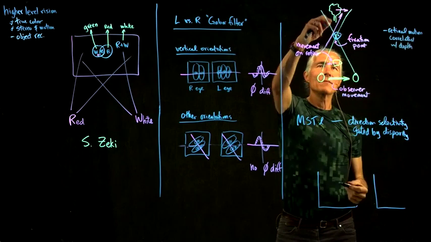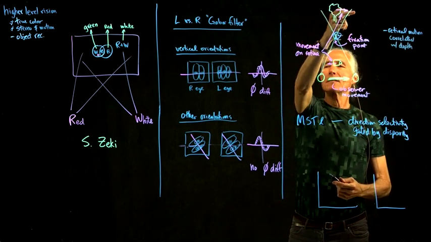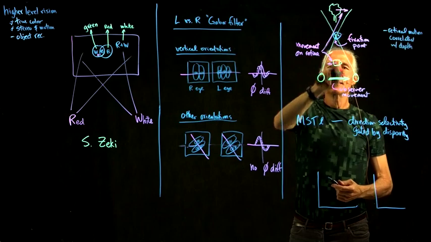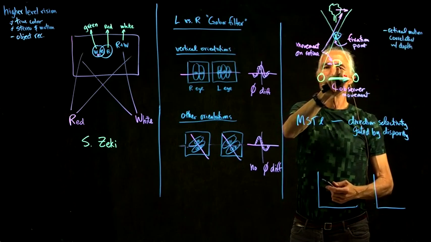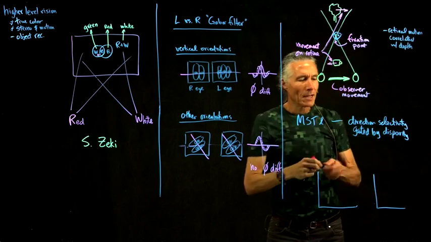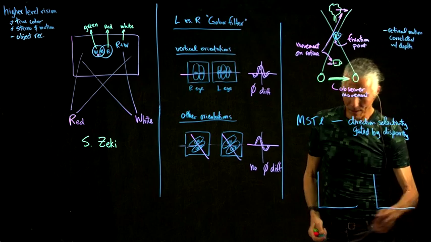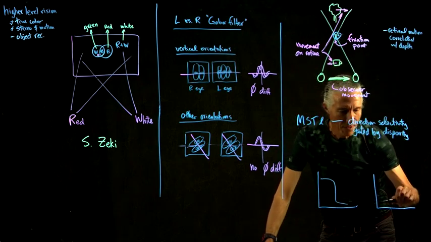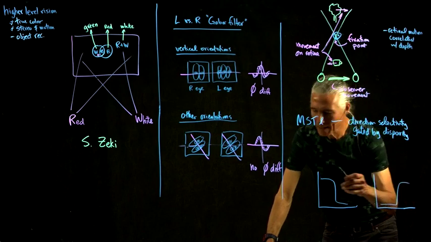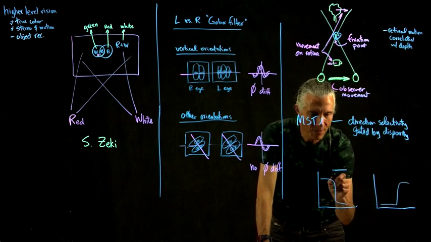So basically, if it's deep in the scene, it's going right. If it's shallow in the scene, negative, we call that negative disparity, it's going left. And so some of the cells in these higher visual areas pick this up. And so you can find something with a response like this, where if the object is moving, if you move